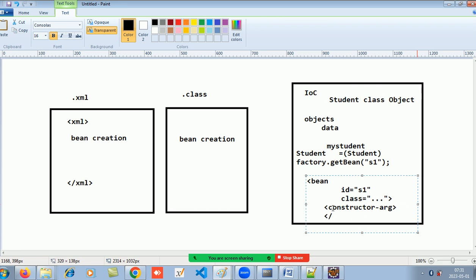कंस्ट्रक्टर आर्ग ओपन, कंस्ट्रक्टर आर्ग क्लोज। और अगर आप सेटर से कर रहे हैं तो प्रॉपर्टी। अब ये प्रॉपर्टी की स्पेलिंग प्रॉपर्टी है, ये कैसे करेंगे? ये कोई बताएगा? ये अपने जो पहले ऐड किया DTD XSD, वो बोलेगा कि वेल फॉर्म्ड है या नहीं। समझ में आ रहा है? तो ये मेरा कस्टमाइज XML कस्टमाइज टैग्स भी ले सकता है, तो टेक्निकली ये करेक्ट है।